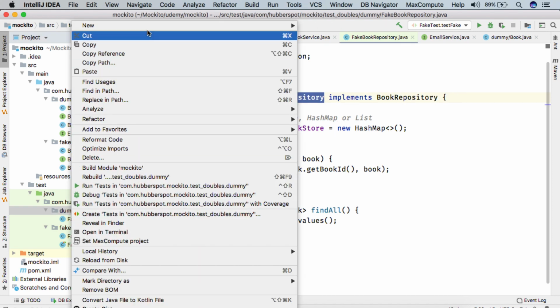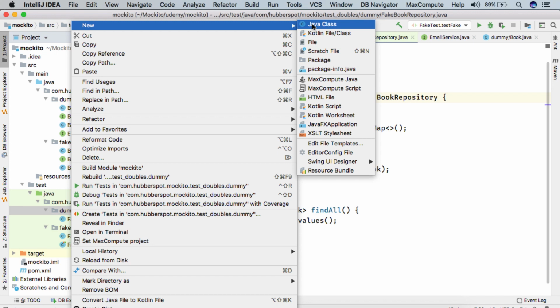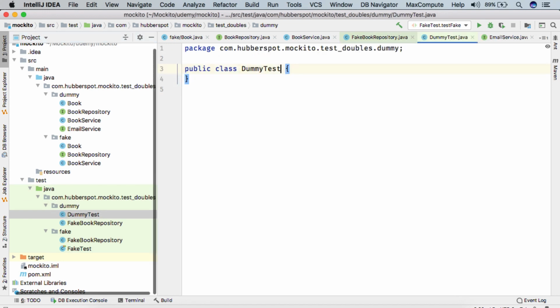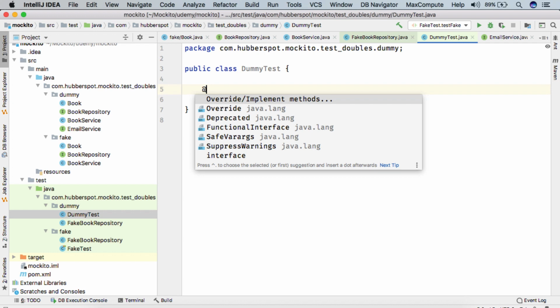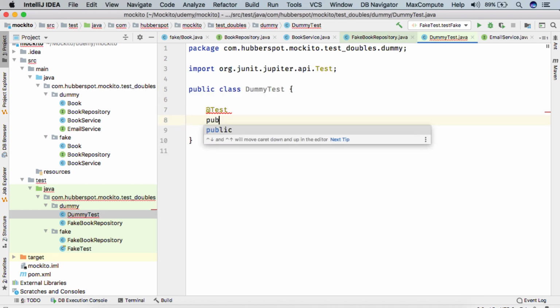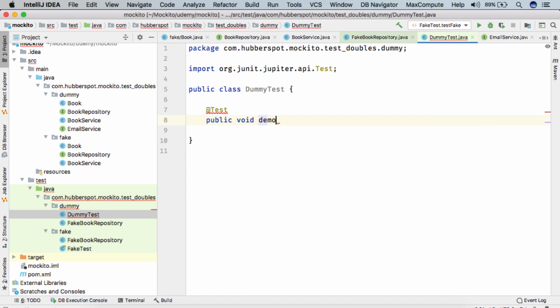Let's say we create a test class and give it the name dummy test. And here we create a test method and give it the name demo dummy.